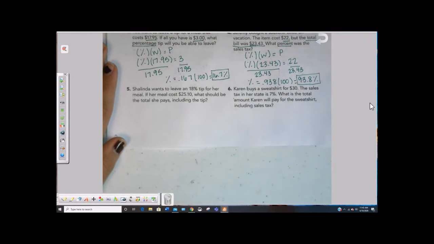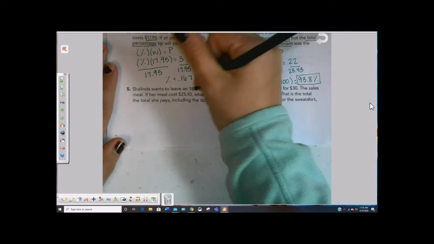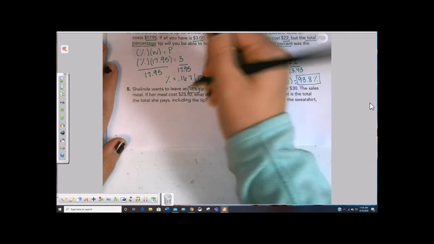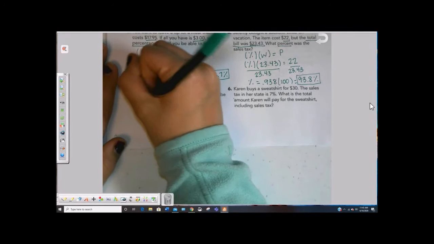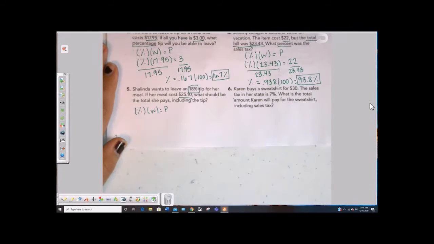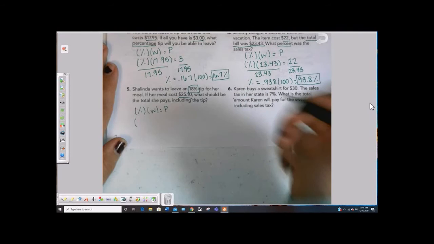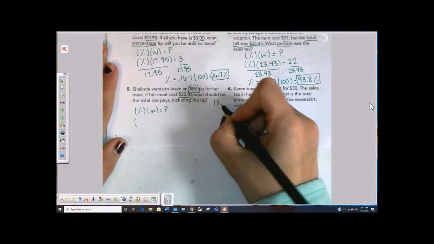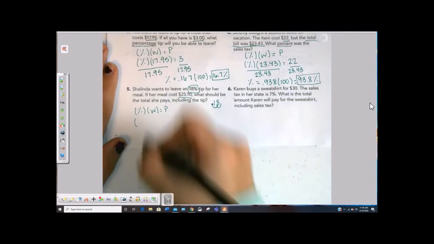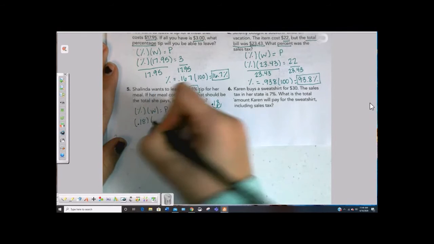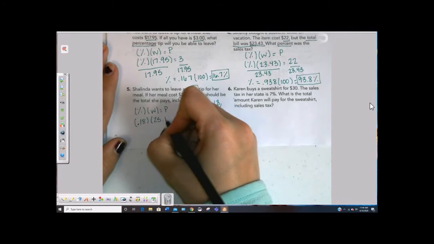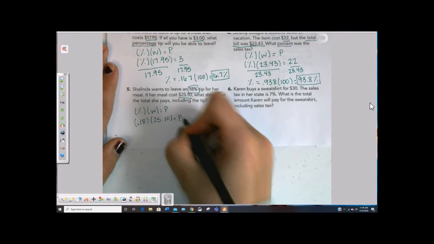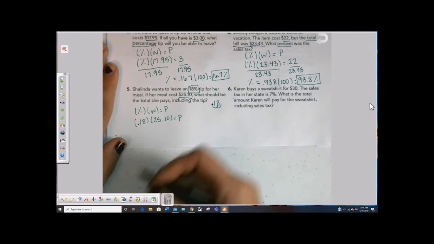Number 5, Shalinda wants to leave an 18% tip for her meal. If her meal costs $25.10, what should be the total she pays including the tip? So we're going to have percent times whole equals part. Turning 18% into a decimal, remember you take that from the very far right and move it 2 to the left. So as a decimal, it's 0.18 times our whole, which is the cost of the meal, $25.10. When you multiply these two,